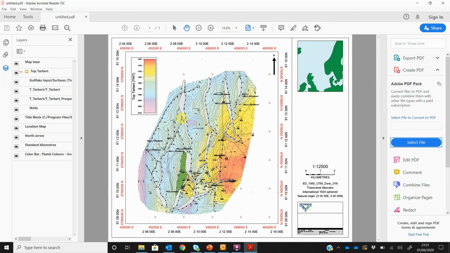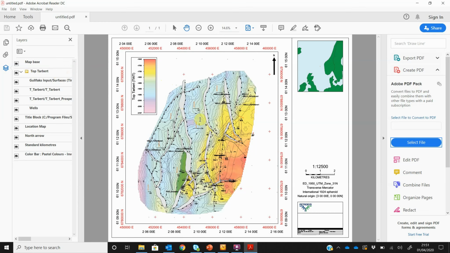So what clients tend to do is that for exploration workflows, for example, they would typically export the maps to PDF so that they could take the PDF into a peer review or send that PDF to a partner, and that person could then easily come in here and interact with the map and display maybe a range of surfaces, maybe a top structure map and a base structure map and a net to gross map or whatever it may be, and be able to interact with that within a single PDF rather than having to use the same